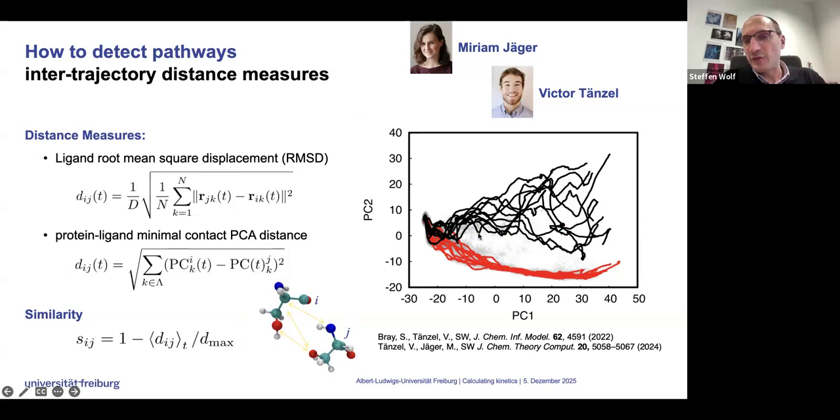That means trajectories which are very similar, following very similar patterns here, like the black trajectories on the top right, are going to have a very high similarity. Whereas the trajectories in black and in red are very dissimilar, very distant, and this is reflected in a very low similarity. Now, if we have a set of trajectories,